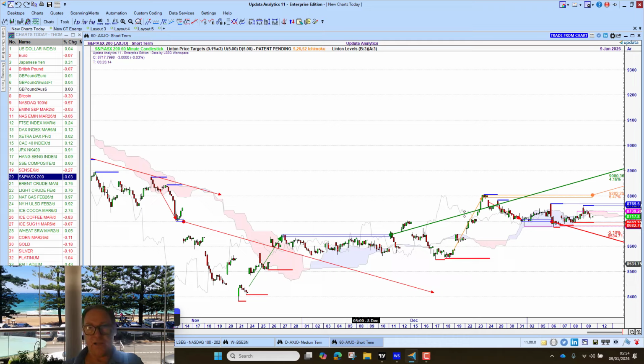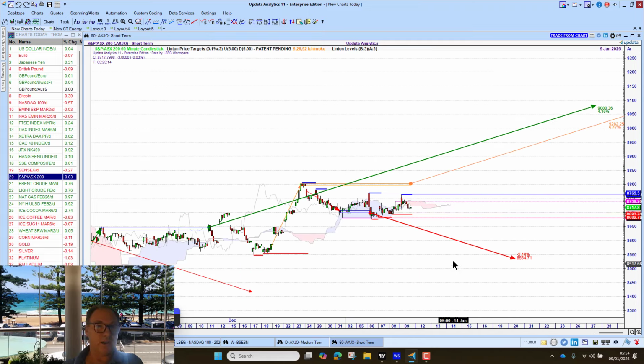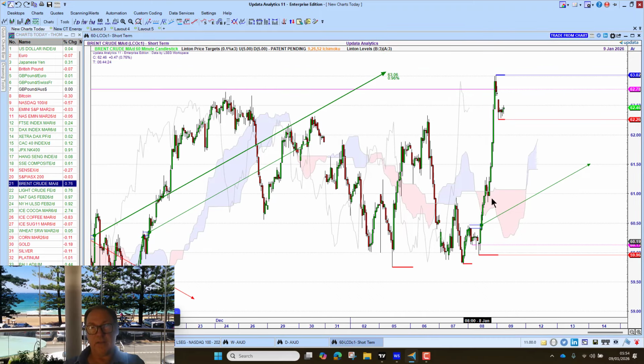And there are concerns about interest rates here, which is probably just holding the market back a little bit. We did see a huge move in crude oil yesterday, and that certainly wrong-footed the market, including me, in fact. And we saw here this upside target was generated mid-morning, and that was just passed immediately. We will look at the energy mix today for our clients on the morning call, but the other big story